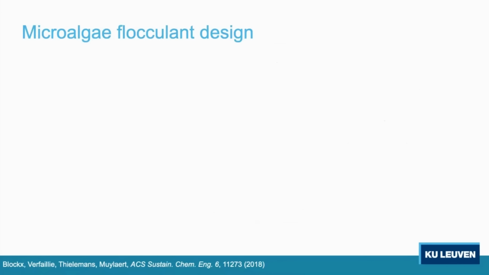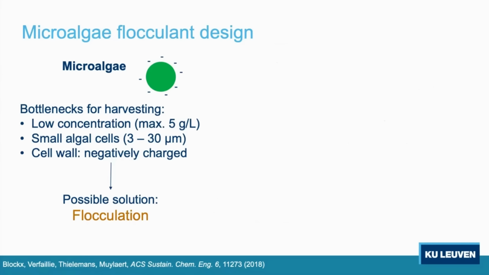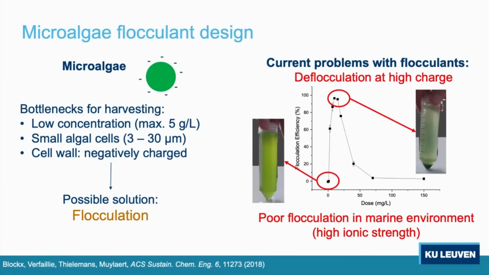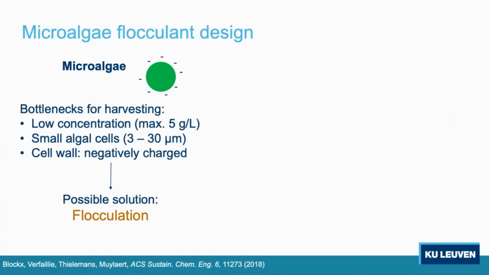And then finally, we're using these CNCs also to flocculate microalgae. Microalgae are cells which are negatively charged. They're very stable. The problem is they grow at low concentrations. They're relatively small and they're negatively charged. So they're very hard to harvest. One way to get them is via flocculation. The biggest problem is if you add positively charged polymer, if you overdose, you actually